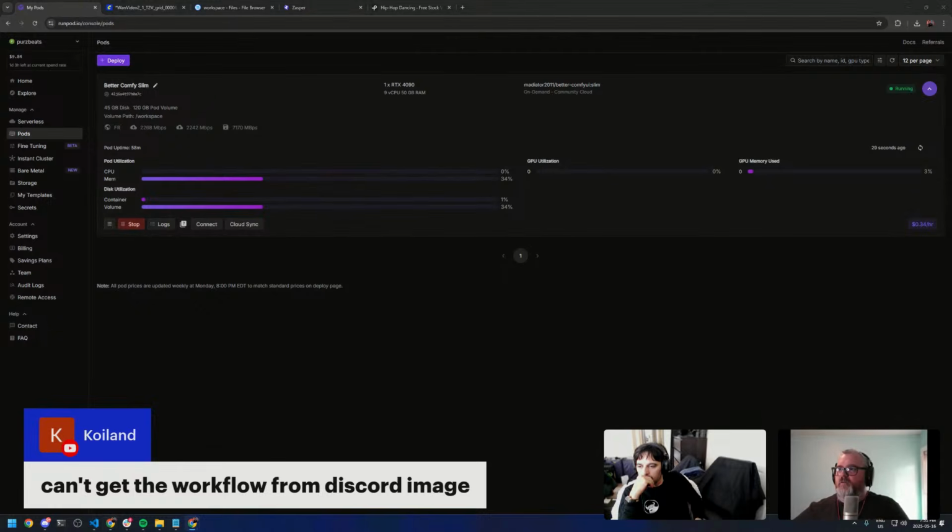Coilan says can't get the workflow from the Discord image. So one funny thing about that, if you drag the image out of the Discord window, it will not work because it sends you a WebP preview of the image that it's showing you on the screen. But if you click the download button in Discord, it will download the original PNG where the metadata has not been stripped out